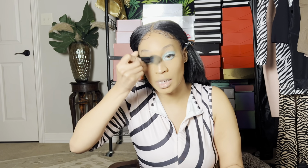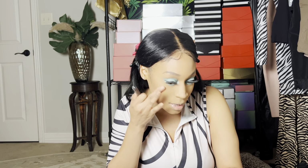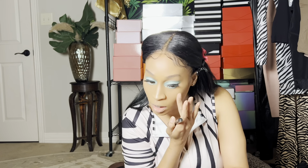I did do a transition with that MAC that I showed you, this MAC powder. I did take some over the top of my lids to transition out that color, just to blow it out a bit so that it didn't look so crazy. But this is pretty much the finished look. I would use some setting powder, but I don't have any in here right now, so I'm not gonna use any. I'm just basically gonna pat whatever in, and then I'll probably use some powder